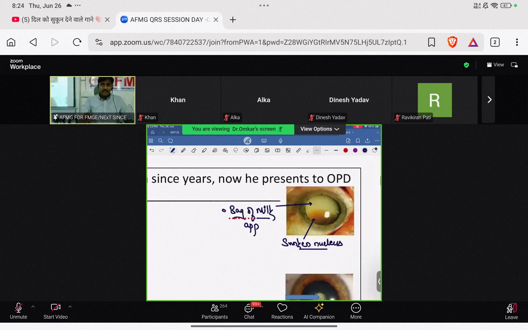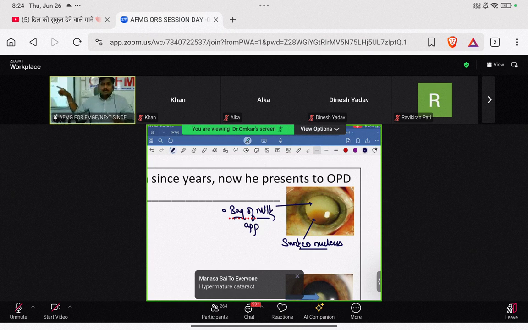The reason is here what has happened. The patient has come to you in the very last stage of cataract. We know there are various stages of cataract, like lamellar separation, incipient cataract, mature senile cataract, and hypermature senile cataract. Now when hypermature senile cataract occurs, there can be liquefaction of the lens, and that liquefaction